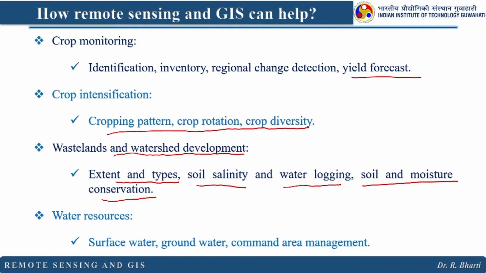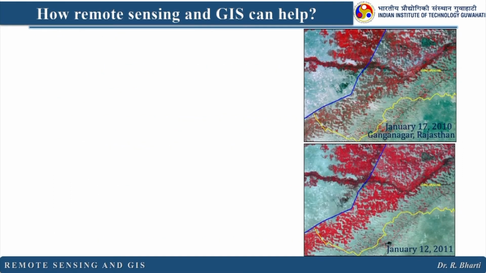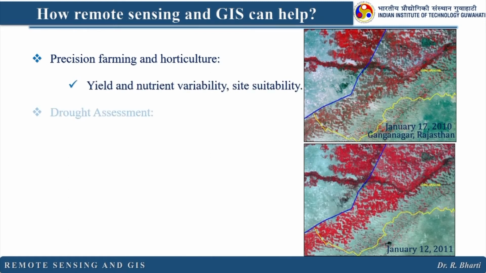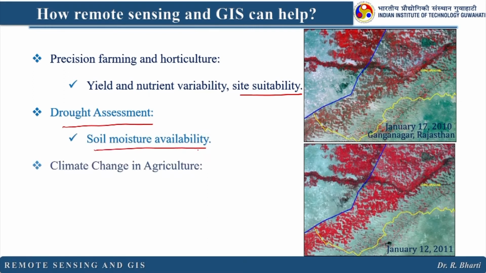So these are the potential applications of remote sensing and GIS where you can think of applying these techniques, or you can refer to some of the published literature if you are willing to work in this particular area, and see what different work has been done using remote sensing and GIS and how you can contribute more. Precision farming and horticulture is another area where you can look for the application of remote sensing and GIS. Yield and nutrient variability, site suitability, then drought assessment, soil moisture availability, climate change in agriculture, methane emission, because that